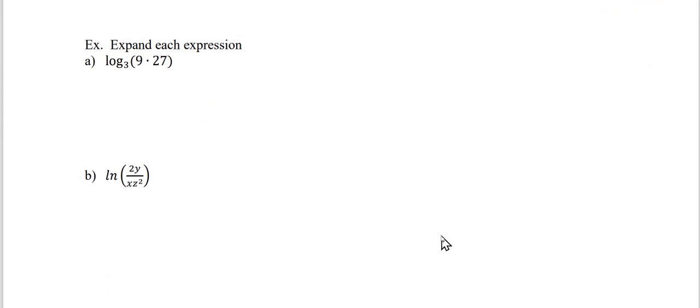This example asks us to use those properties to expand these expressions. One thing you could do here is multiply 9 times 27, that's like 243, I think, and then figure out what log base 3 of 243 is. But that's a big number. I would much rather use my property of logs to rewrite this as log base 3 of 9 plus log base 3 of 27, and then say log base 3 of 9 is 2, because 3 squared